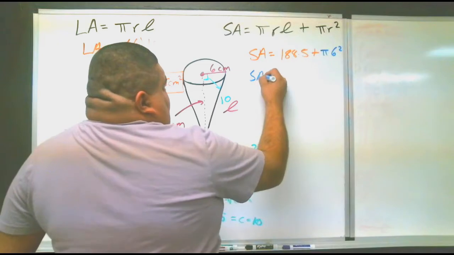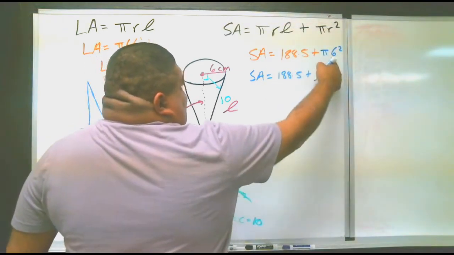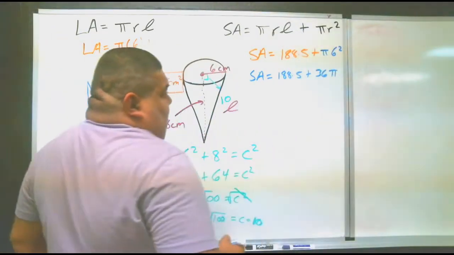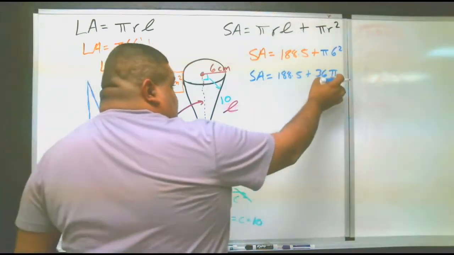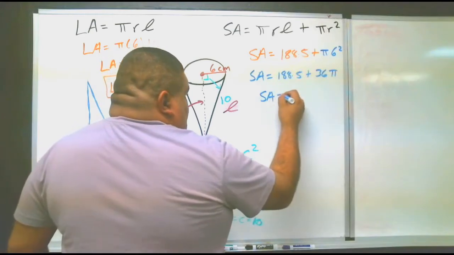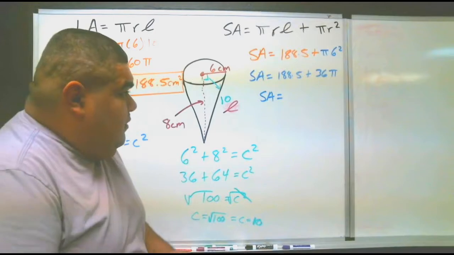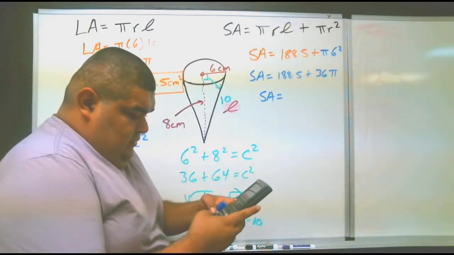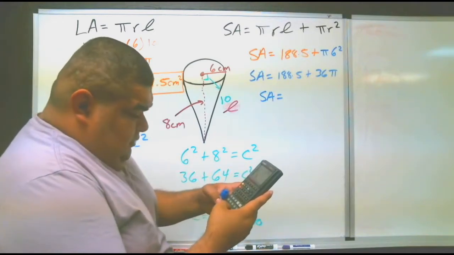So surface area equals 188.5 plus 6 times 6 is 36 pi. You can do it one of two ways. You can either solve for 36 pi or just plug it in completely on the calculator. I'm going to plug it in completely: 188.5 plus 36 pi